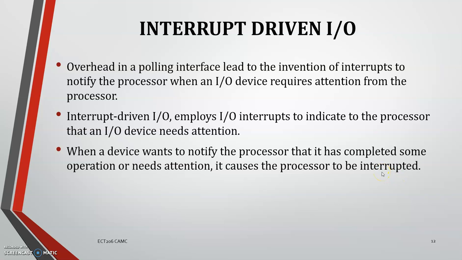So that means all the devices will be connected to the processor, and whichever device needs to do a data transfer will interrupt the processor. So n number of devices will be connected to the processor, and if the nth device wants to communicate with the processor, it will generate an interrupt. Then the processor will be notified that the nth device needs to communicate with the processor, or needs to transfer data with the memory or the processor.